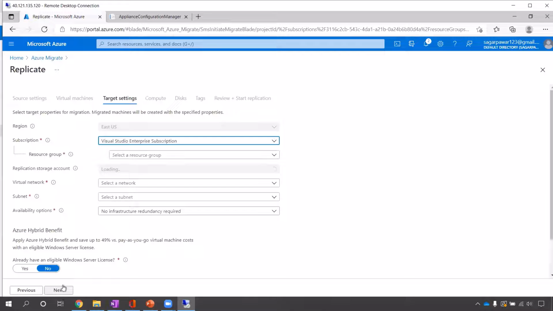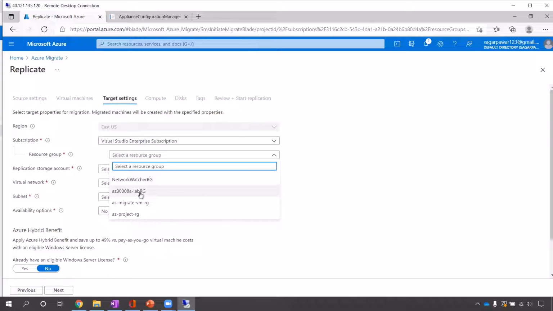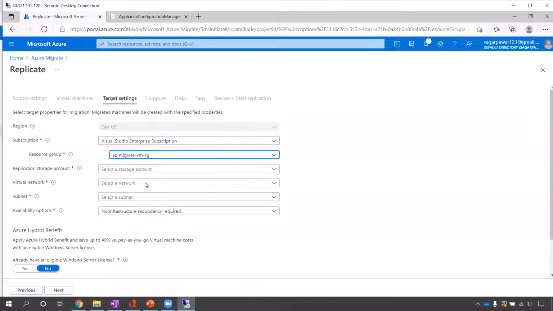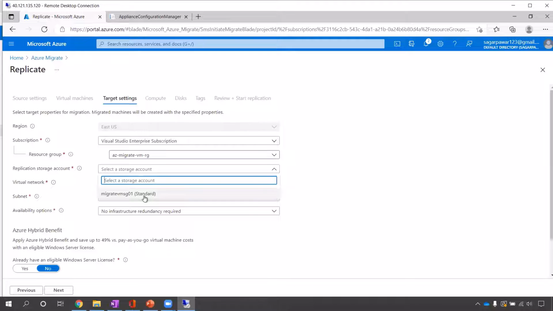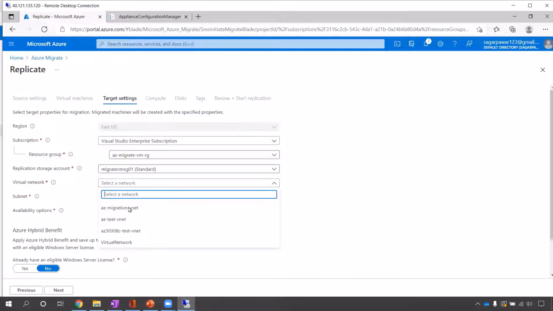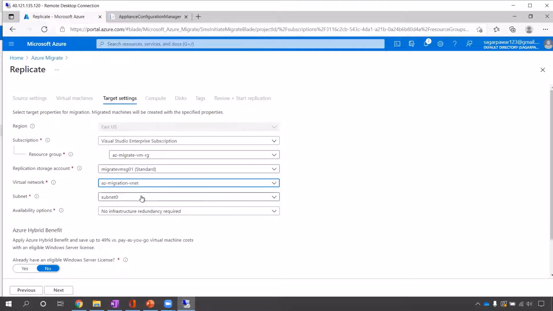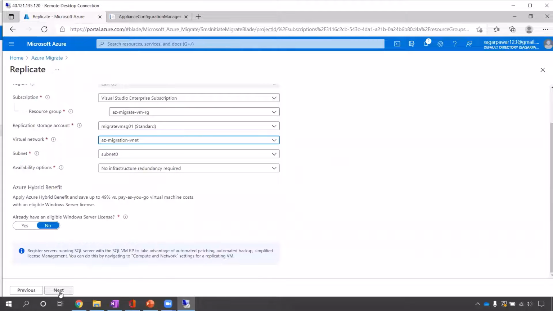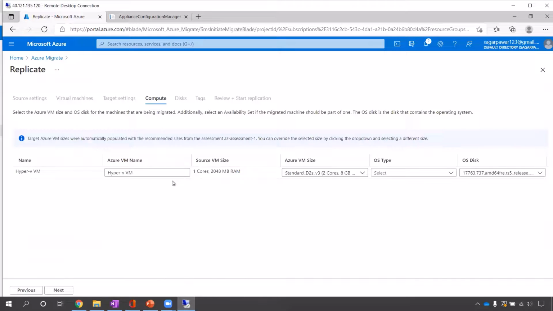After that, I will select target settings. In target settings, I'm going to select the VNet which I created initially. I will also select the storage account. The subnet will be selected automatically, so my VM will come into this VNet once it replicates. Next, compute.